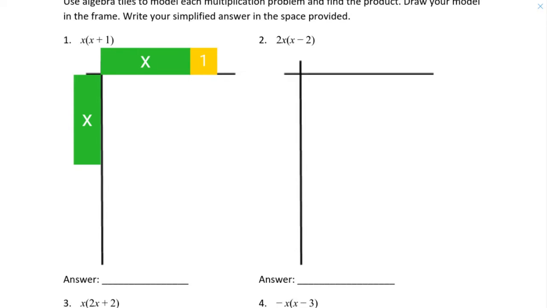So if you notice this first part where we have these two x terms, if I were to draw a line down here, that's going to create a large square. The large square is what is represented by x squared, basically x by x, or x times x, which is x squared. And then if we look over here, what we have left would be just a long rectangle. So that would be represented by an x,